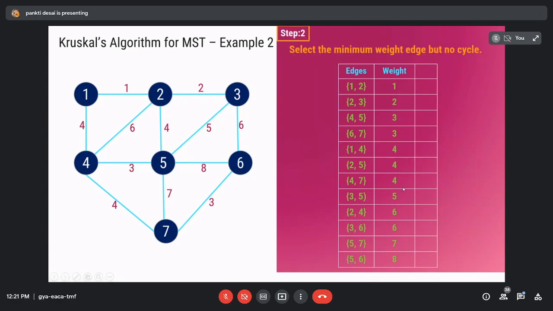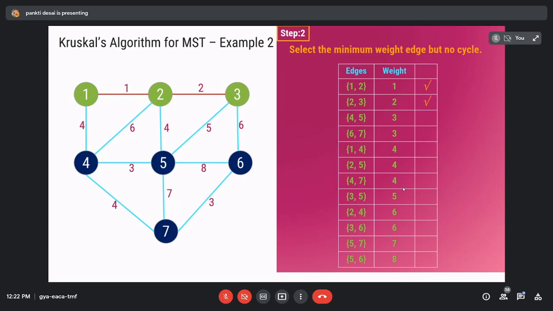Then step number 2 is select the minimum weight edge but no cycle, right? So first 1 comma 2 is selected, right? Then next minimum weight edge is 2 comma 3, so that is selected, because if we select 2 comma 3, then it will not create a cycle,